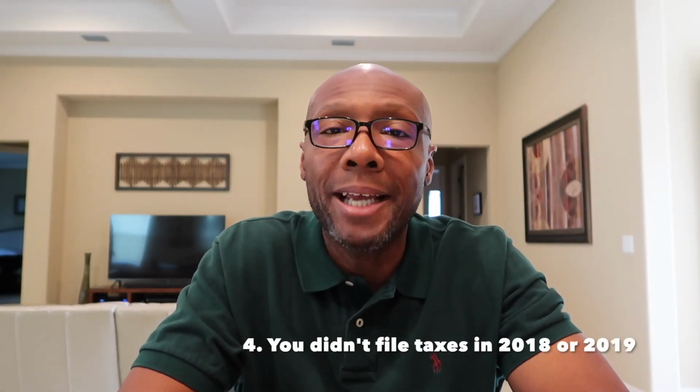Individuals with multiple bank accounts should check all of them to see if their stimulus check was delivered to a different account than the one they were anticipating. Married couples should also check both partners' accounts, if they have separate ones, to see if the stimulus checks have been delivered. Number 4, you didn't file taxes in